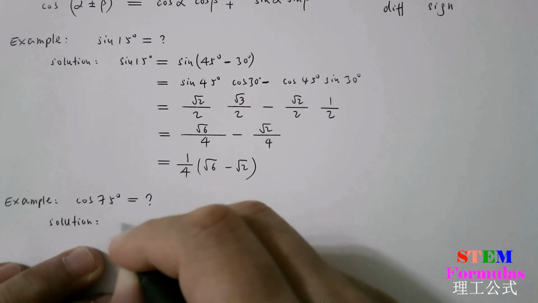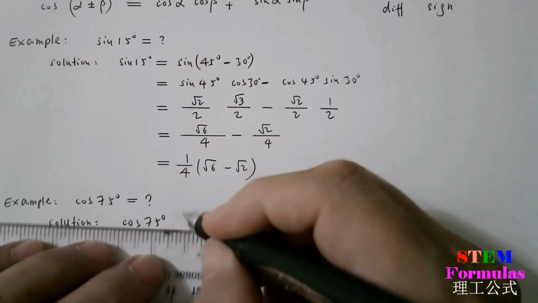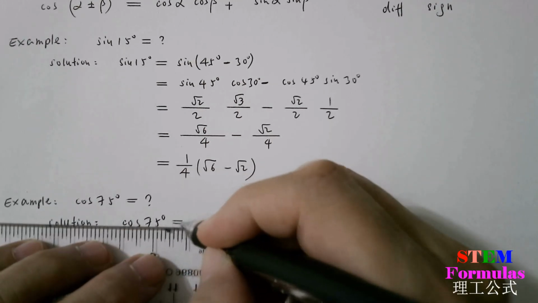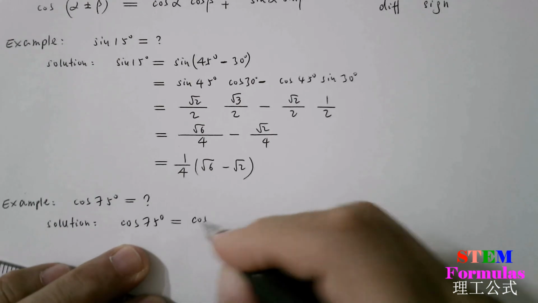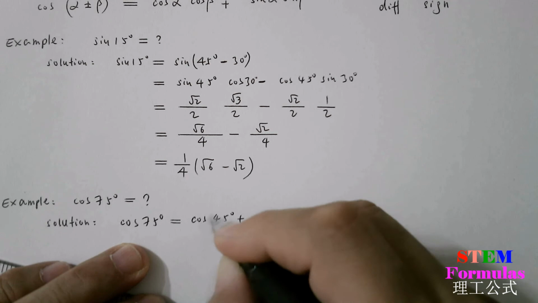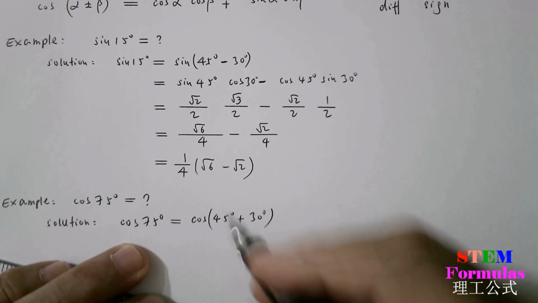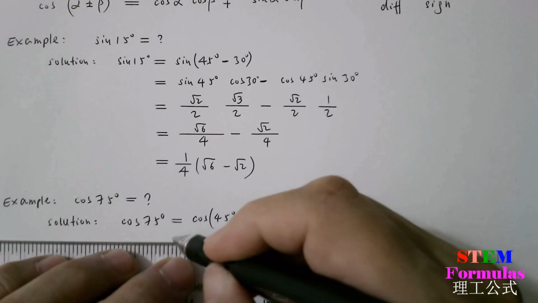Cosine 75 equals cosine of 45 plus 30 degrees. So equals